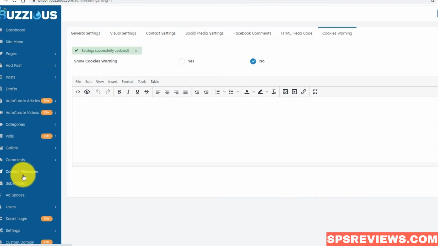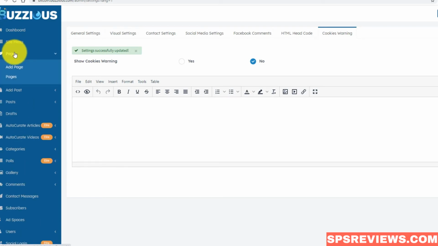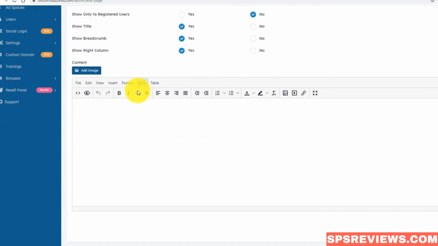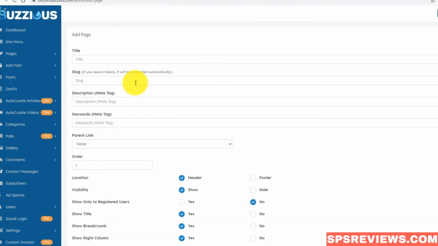You know what? Before we get into the elite stuff, let me show you pages. I promised to show you pages. We're not even into the elite stuff, and I haven't even shown you one of the most powerful things that you can do just with the basic membership, which is to add your own custom pages. Now, being able to add your own custom pages means that you can essentially add any kind of content you